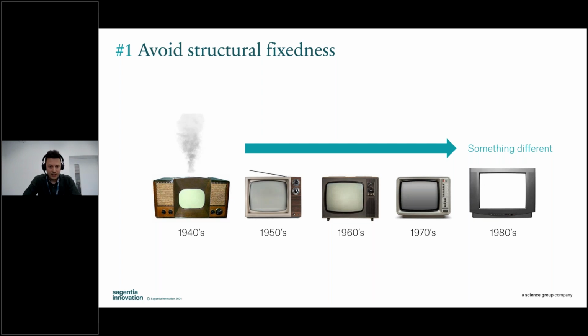And the problem with this is structural fixedness perhaps prevents teams from taking advantage of potential user benefits, unmet needs that perhaps are unaddressed. If you think about placing the controls at the top of the TV, that might allow, say, small children to reach and change the channel at that time before, say, remotes, or perhaps someone with poor mobility or dexterity problems, having the controls at the top, you don't need to bend down so much to change the TV channel or the volume.